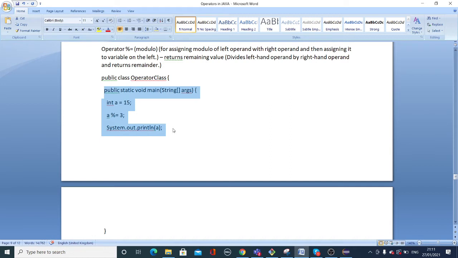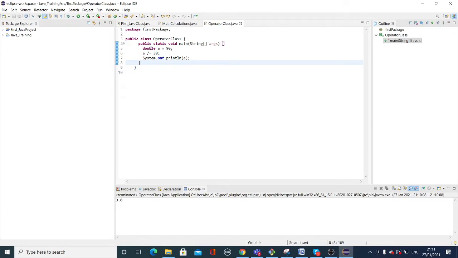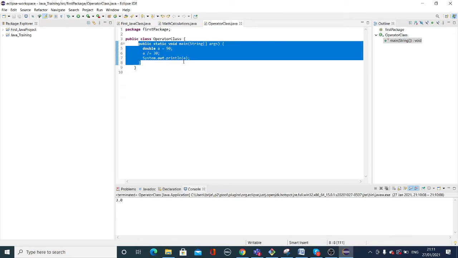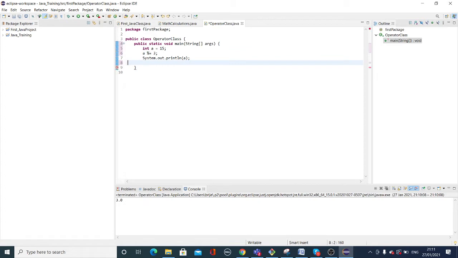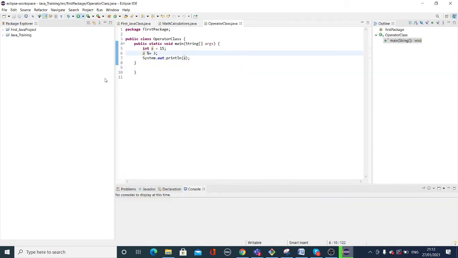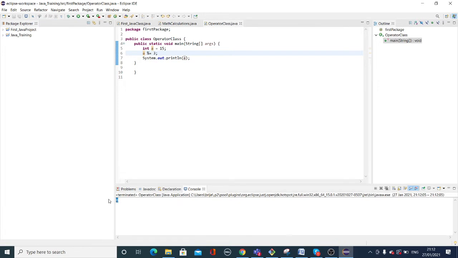So 15 divided by 3 is 5. But in this case, as we don't have any remainder, it will give us 0. So if I execute this one, 0. Can you see?